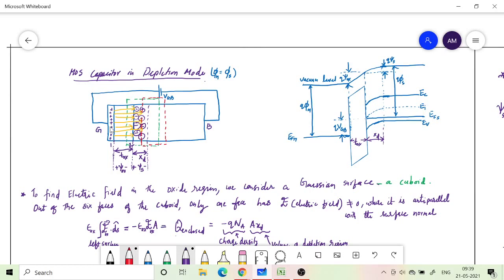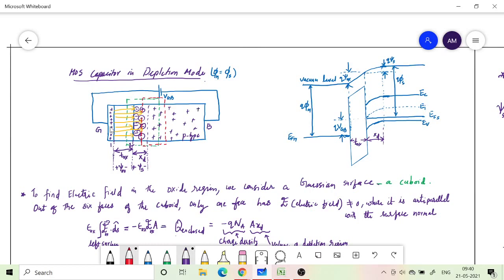Okay, so initially the effect of this electric field is to push away all the holes in the bulk material. The bulk means the semiconductor region. It has a lot of holes because we are assuming this to be p type. So the majority carriers, around 10 raised to 16 per centimeter cube holes, are there. So the moment you apply positive voltage on the gate, these holes will experience a push, right? Because like charges repel each other.